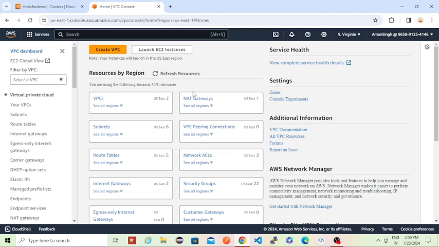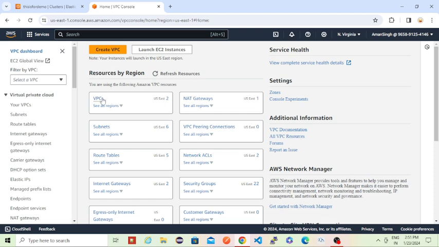If you are using endpoints, then you need to create endpoints for everything your pods need, like S3, monitoring and all those things. For that you need to create endpoints. So let's say